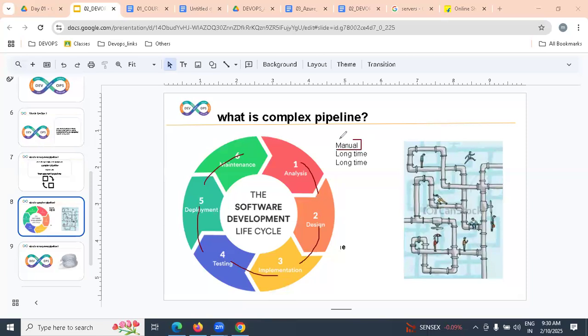Due to this manual process, if you get an issue or any problem in the middle of the process, identification will take a long time. Resolving the issue will also take a long time. So if it takes a long time, definitely the cost will increase and the quality will decrease. It is not good. So what we are expecting, let us understand with the next slide.